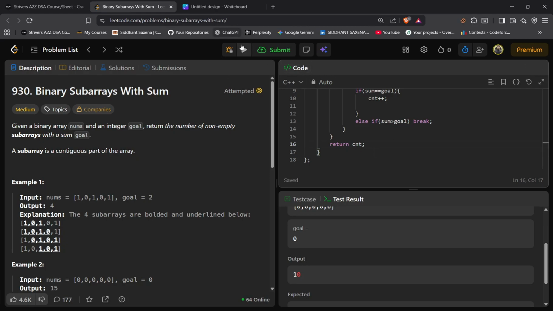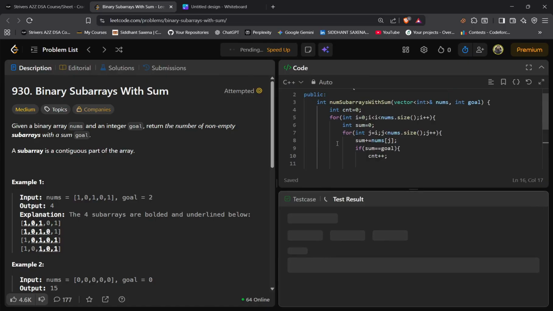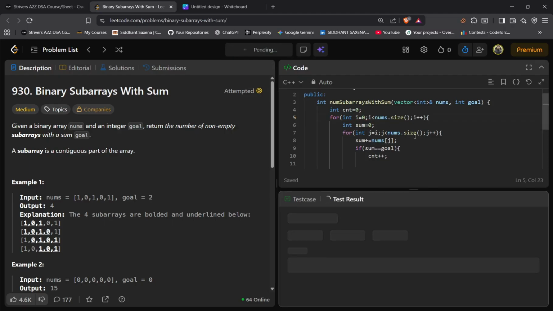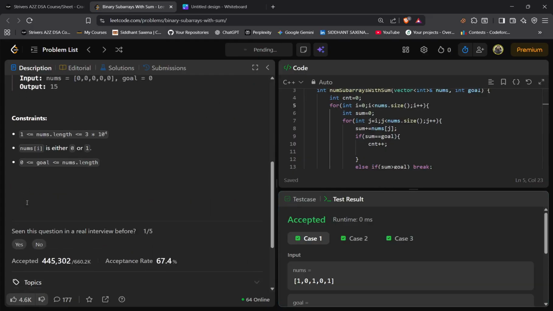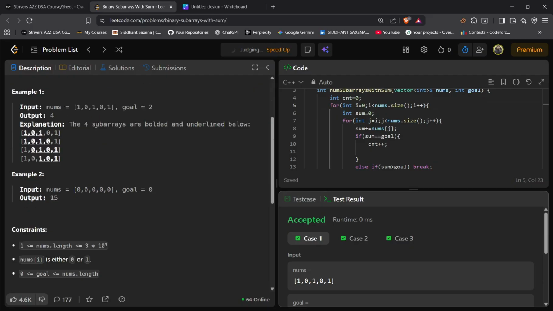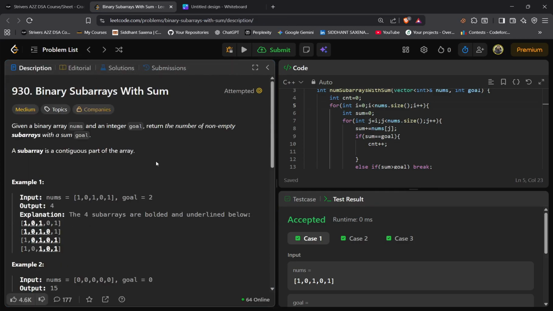Let's run this. What I have written. You will submit it and you will see time limit exceeded. See, time limit exceeded. Now we will move to another method which is